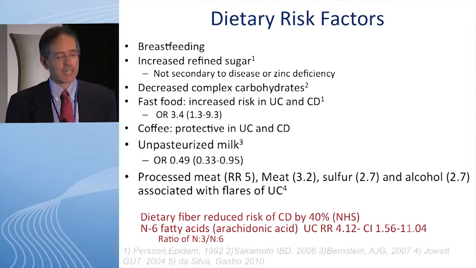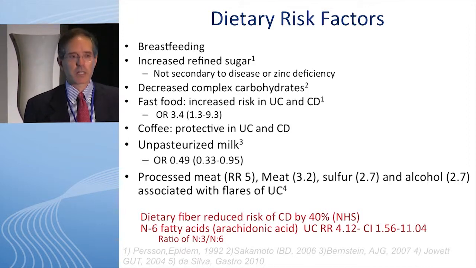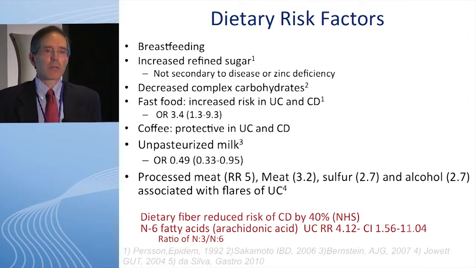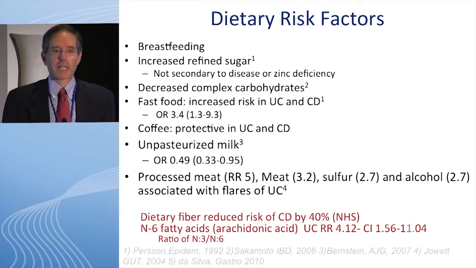There's some suggestion that increased refined sugar matters. It's stunning to me when there have been studies looking at what our diet was like even 200 years ago. Looking back at London dietary records, 1815, it was estimated that those living there were taking in about 15 pounds per capita of refined sugar. In the United States in the year 2000, what would you guess? Well, it's about 150 pounds per capita in the United States.